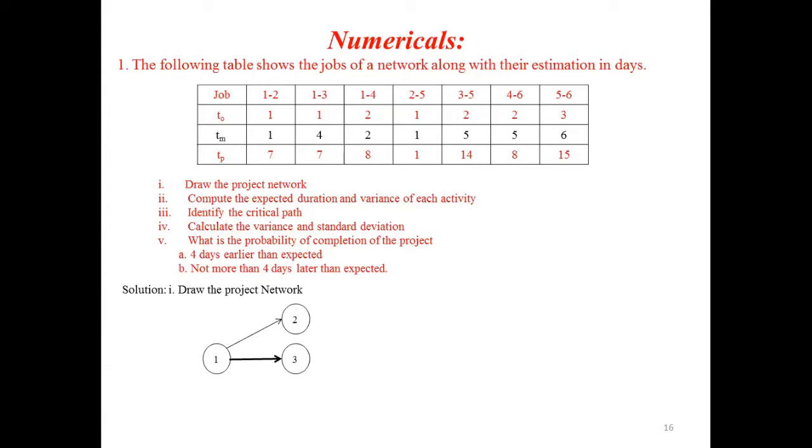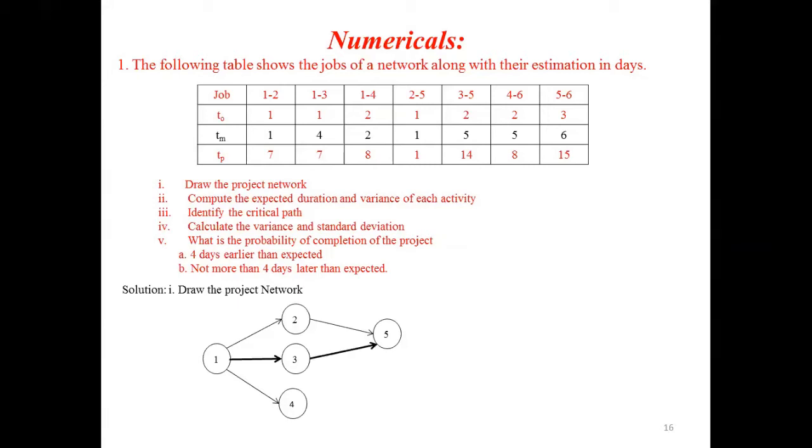Then next, there is an activity between 1 and 4. Since the activity is between 1 and 4, node 4 you have to write in front of 1 and below node 3, and draw an arrow mark. The next they are given 2 and 5, and then node 5 you have to write in front of node 2. Then similarly for 3 and 5 you have to draw an arrow mark.